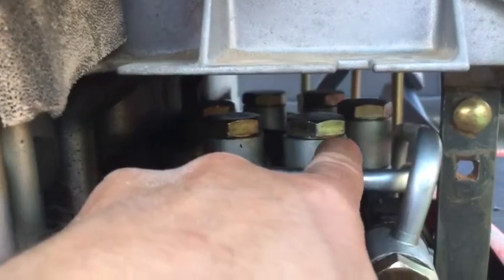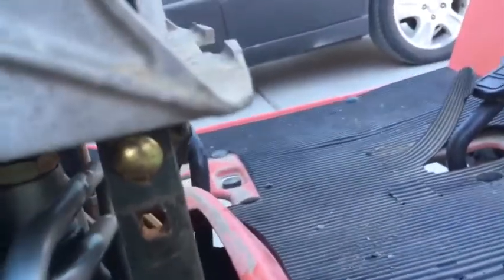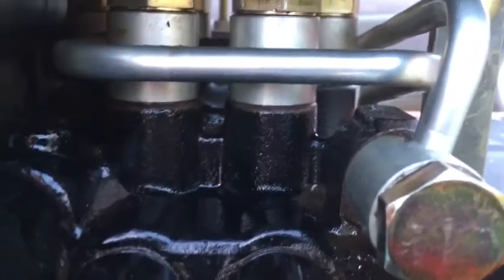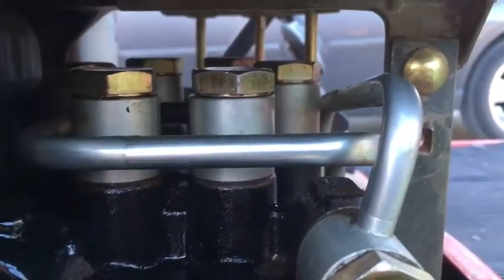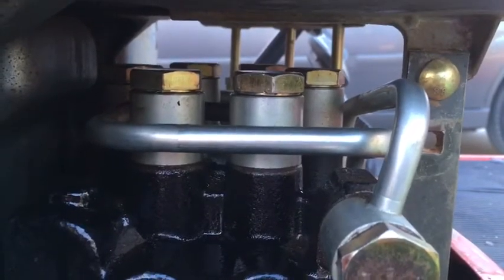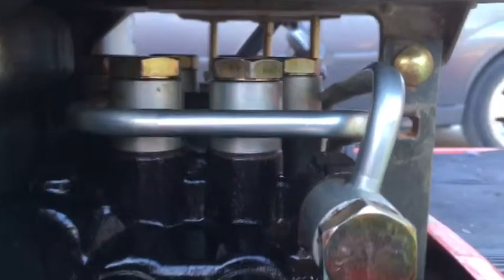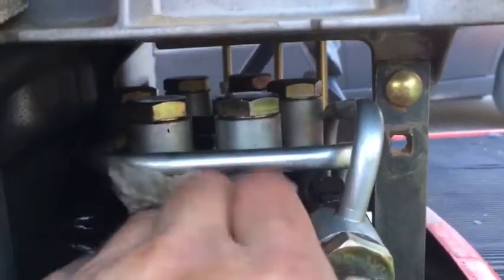Before it was just oozing out right there where that O-ring was. Hopefully this will do it. So it's nice and dry. I didn't see any oil coming out. I'll try it a few more times before I put the cover back on there, and just make sure that it's all taken care of. But it was a pretty simple fix after all,